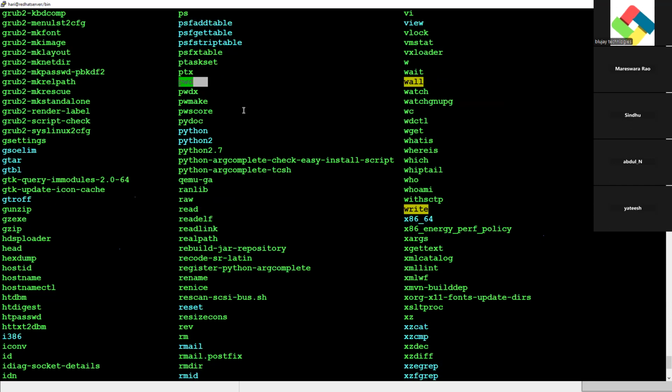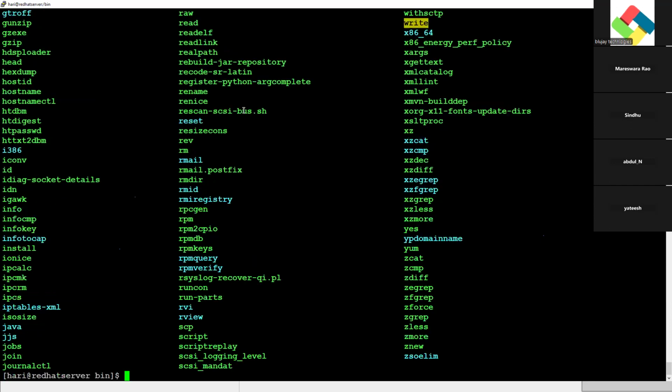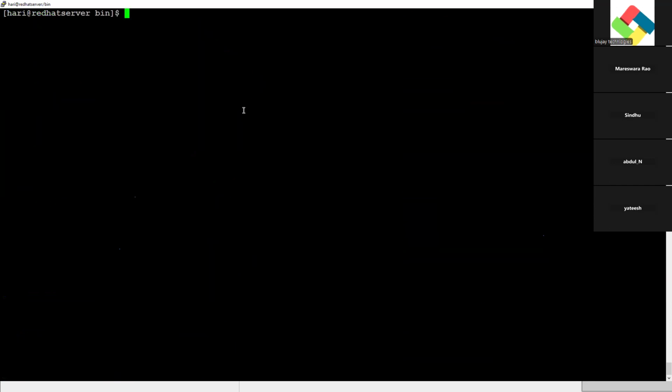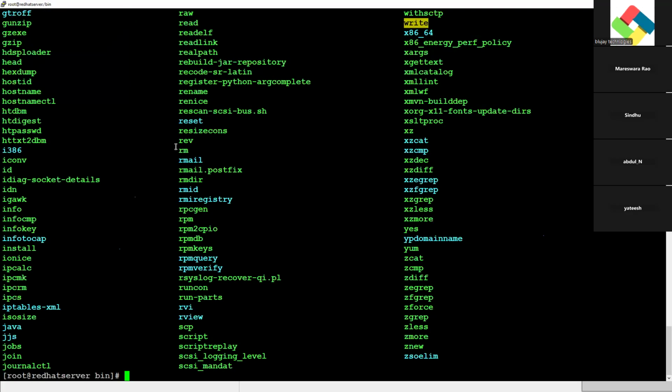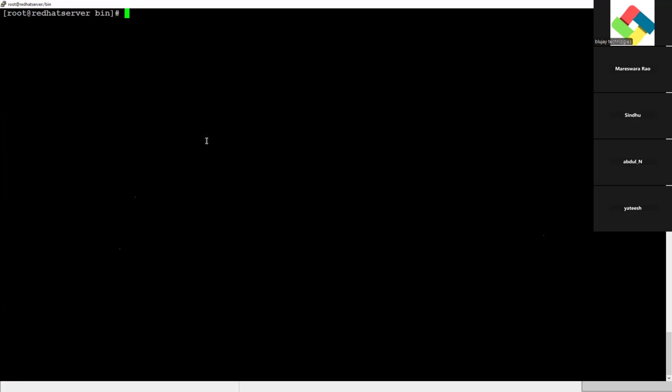So these are all commands executed by both the root user and the normal user, right? I am a normal user, but I executed the bin commands, right? The root user will also execute both the bin and sbin commands.